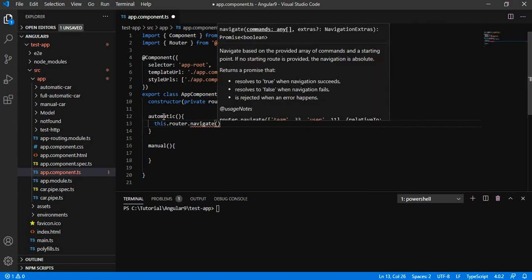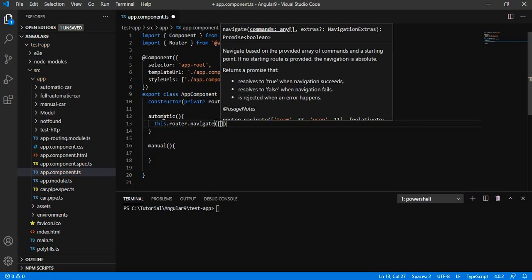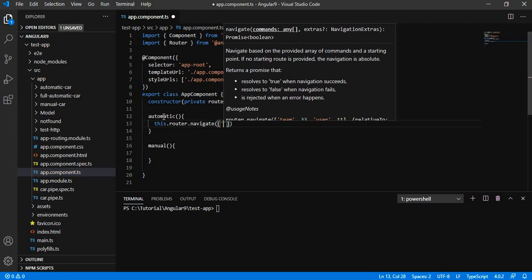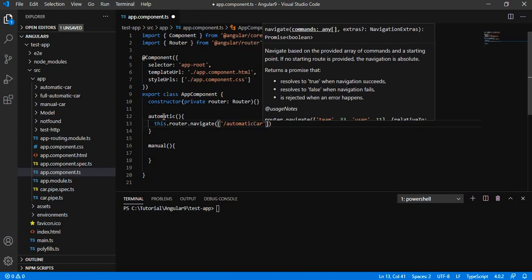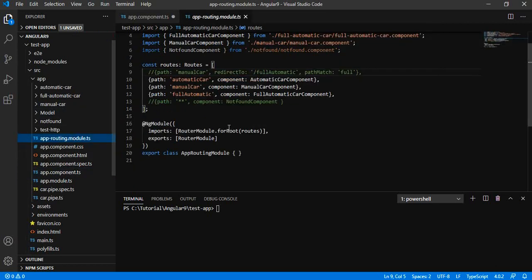It is asking for the value. Let us try to pass a slash. We have already defined these routes in our app routing module, automatic and manual. We are going to use these two paths.